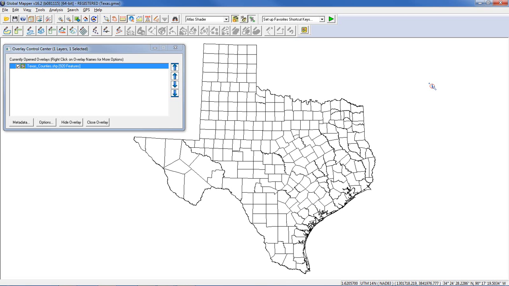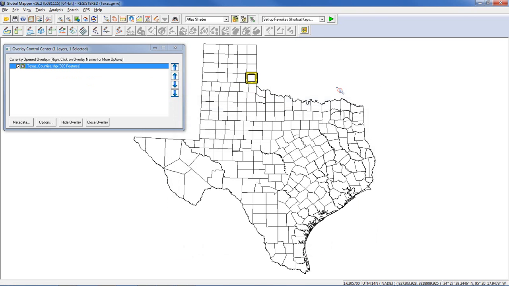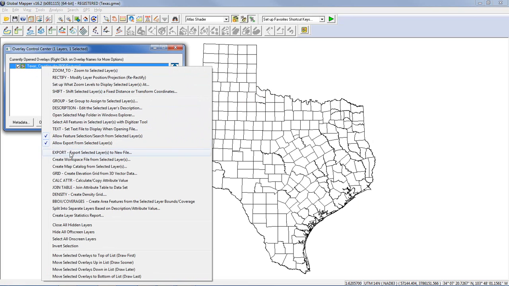So we're back in Texas again, and as Josie just saw, we have our oil production value noted here as our 5th attribute. You may have noticed when Josie right-clicked on the layer and selected Join Table, right above Join Table is Calc Attr, which is short for Calculate Attribute. This is a very, very powerful component of Global Mapper. It's probably the most powerful attribute management tool within the application. And it's been enhanced recently with the release, I think it was version 16. Yeah, we added a number of different tools for doing more